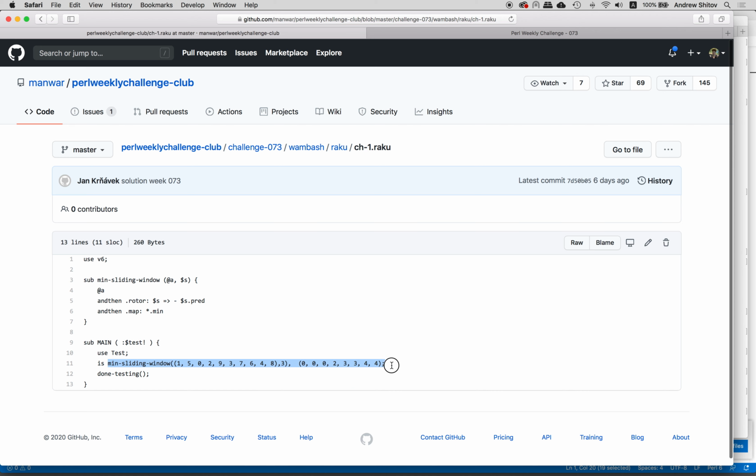So there's the test, the desired input, desired output, and so something new. And then, let's look at this. There is the element of width. So it topicalizes, if I'm correct. So we've got this A, and we apply it here. Rotor, right? So we're using rotor, and then map. Well, that's it. It's just a built-in feature of Raku, and when you look at this,